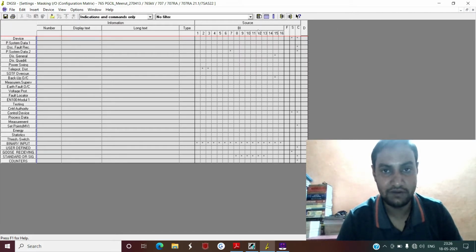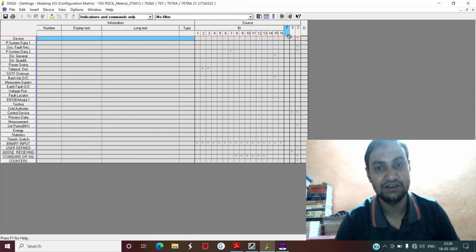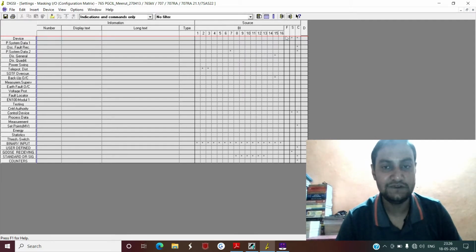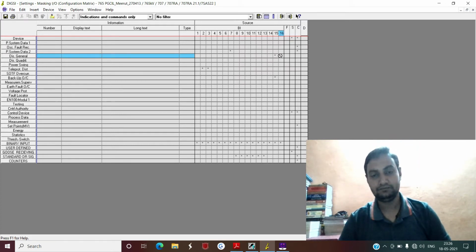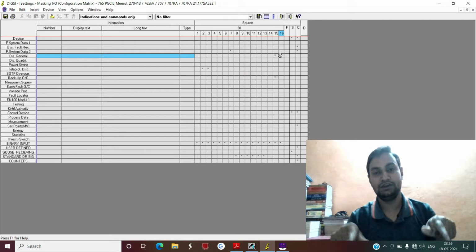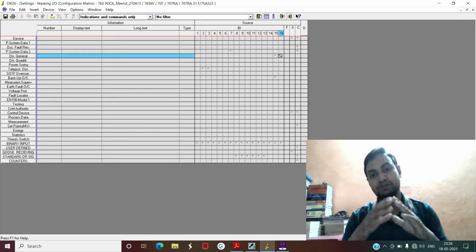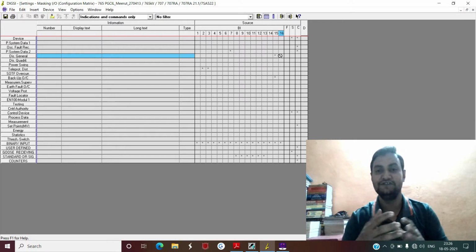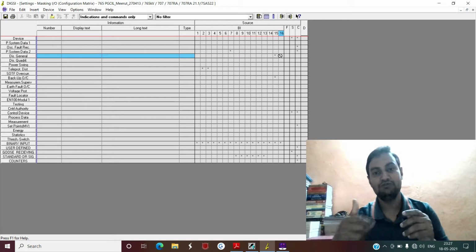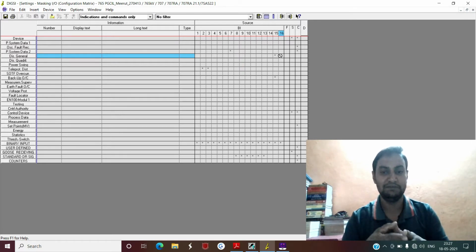First, the binary inputs. Inside this source, apart from the binary input, you have these three tabs: F, S, and C. F is for the function key, S is for system interface, and C is for CFC. Function keys: in any Siemens relay or any digital numerical relay, on the front panel there are some function keys available to you, like function key 1, 2, 3, 4, 5, 6 or any number of function keys. In a Siemens numerical relay there are generally 4 function keys available.